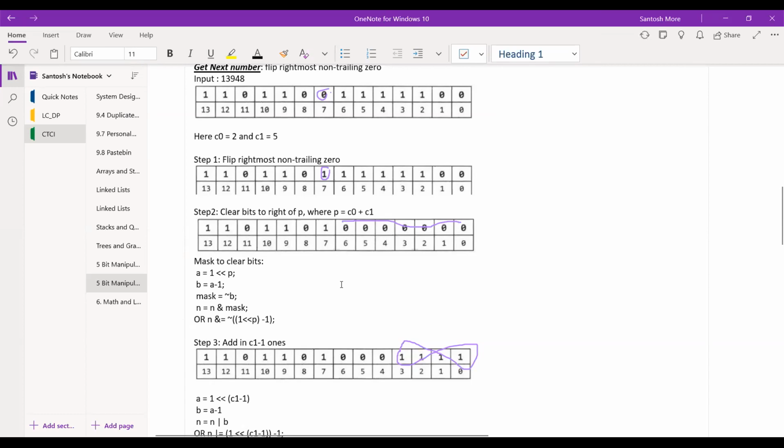So what will be the number here? Okay, so 0x, and this will be 80 hexadecimal, right? So 0x80, and then this will be 7f, right? So if you have 7f and then you mask it with